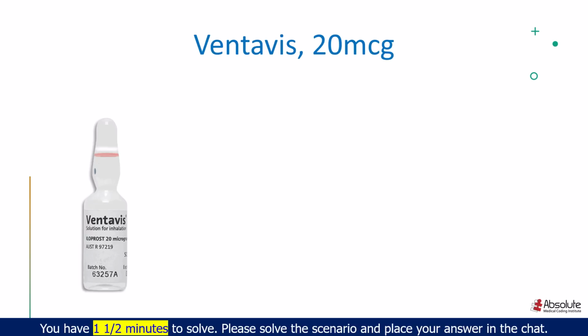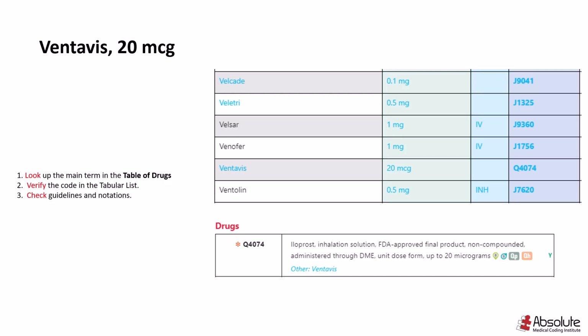Time's up, and let's go ahead and look into the code. Let's look for our main term in the table of drugs. The main term is going to be Ventavis 20 microgram, and route of administration is not specified, and the HCPCS code should be